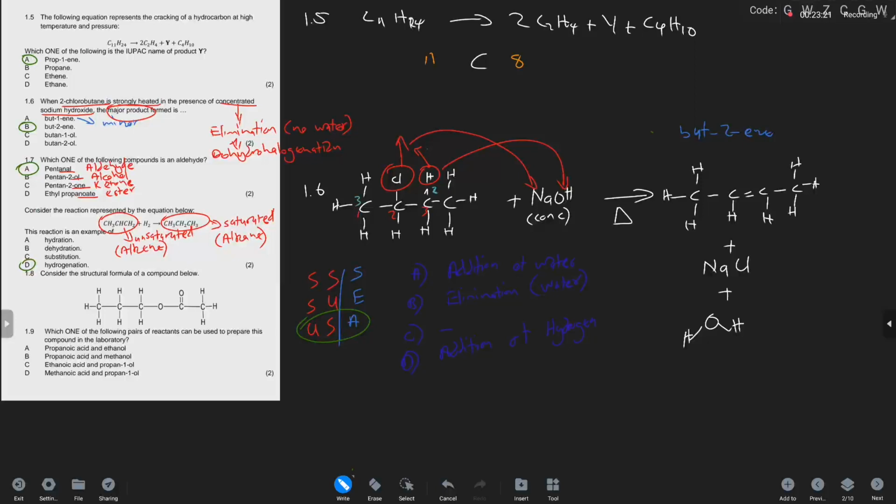All right, moving on to 1.9. It says consider the structural formula of the compound below. So there's the compound that we have. We can clearly see from the functional group that this is an ester. Now the question is, which one of the following pairs of reactants can be used to prepare the compound in the laboratory? An ester, we know, is a product of esterification when we have a primary alcohol reacting with a